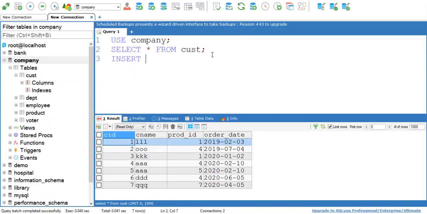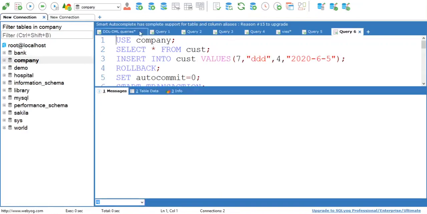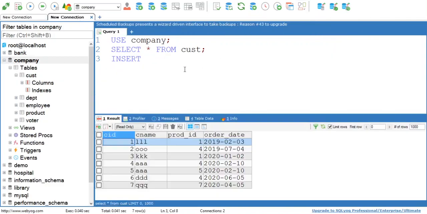Now here I am inserting data into the table. Okay, see, I am inserting one new row into the table. So my query is insert into cust, that is the table name, then the values keyword.